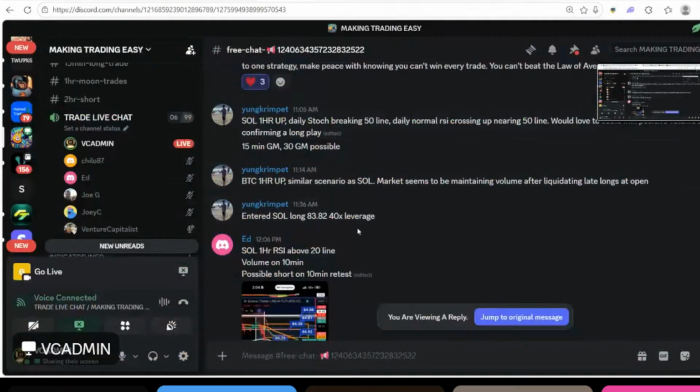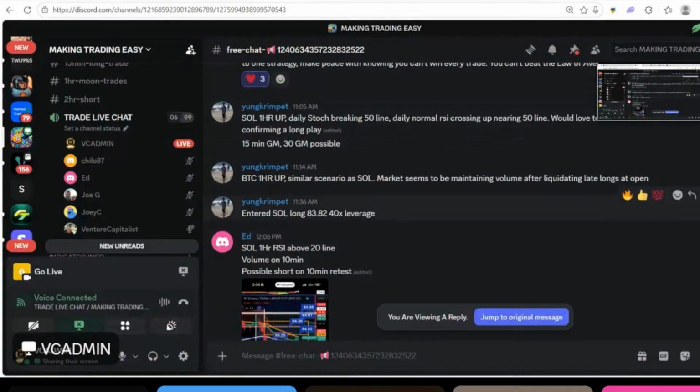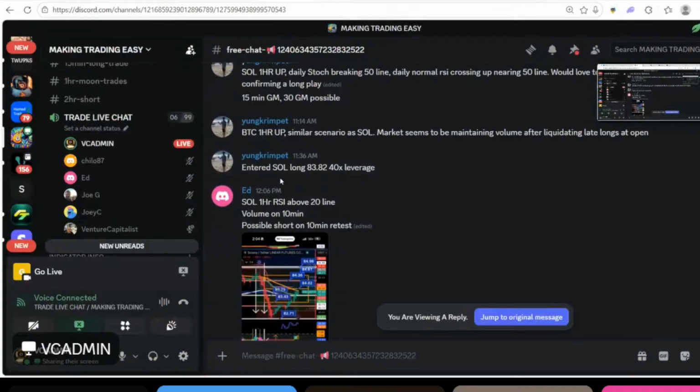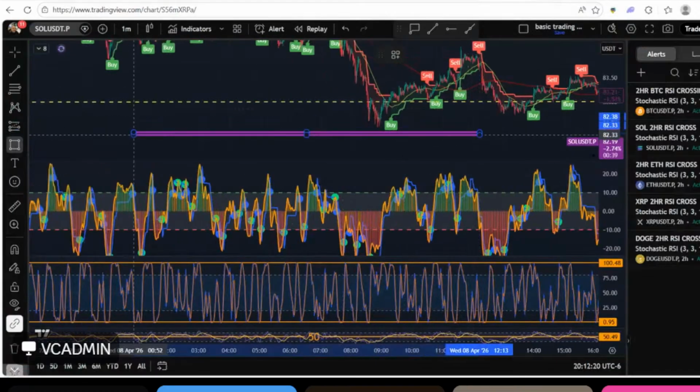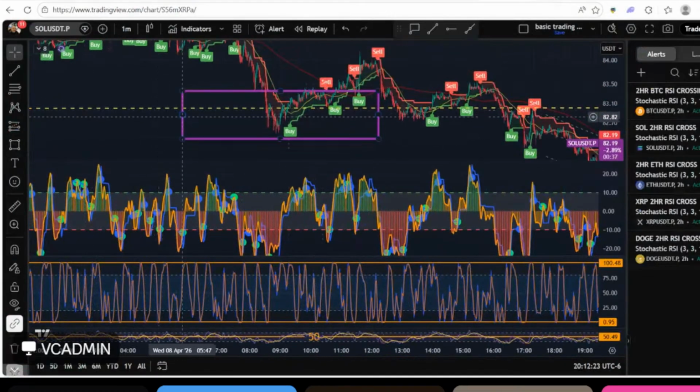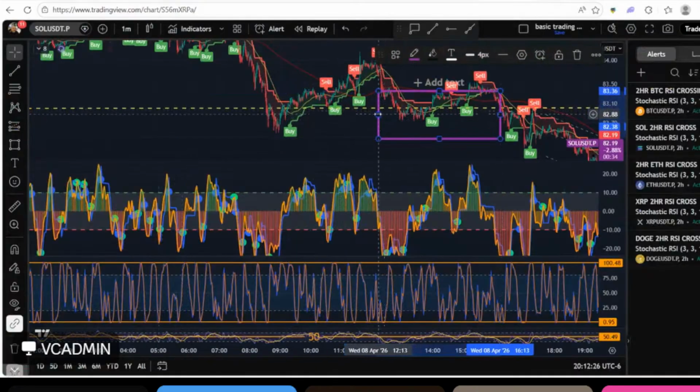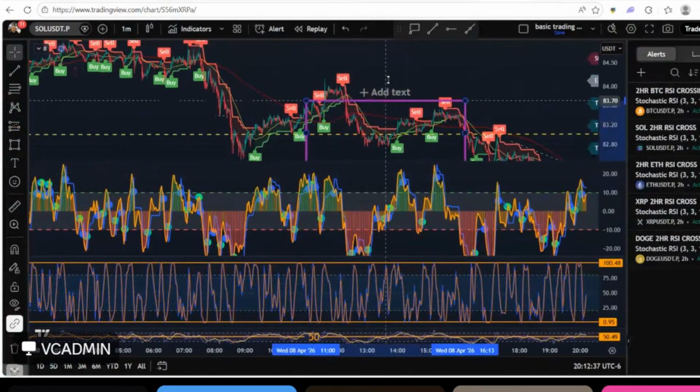All right, so let's take a look here. In Discord, the reason why we post and how we post is important. Young's got a trade here, posting why he's getting sold: 1 hour up, possible 50 line breaking up, looking for moves, looking for volume is what he was looking for. So this happened at 11:36 a.m. So now I can go look at 11:36 a.m. today, take a peek and find out where he was making this trade, and then we can piece together what was going on. So he started at 11 o'clock where he was looking for a trade here.